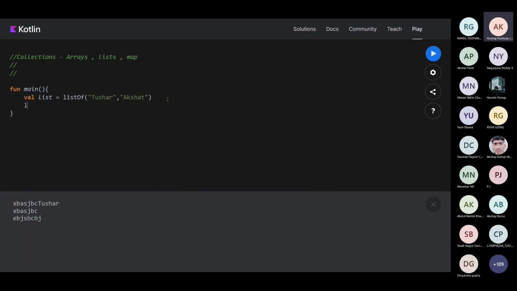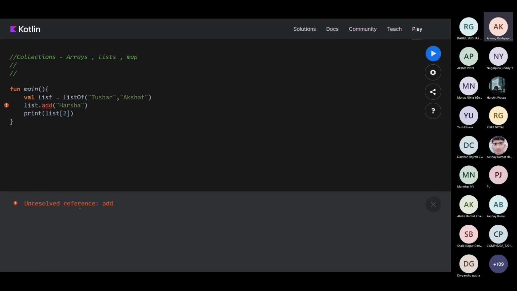So I'll write list dot add, and I'll pass Harsha. Now print the last one, which is list of 2. Tushar has 0 index, Akshat has 1 index. Now I added Harsha, so now let's just print it.